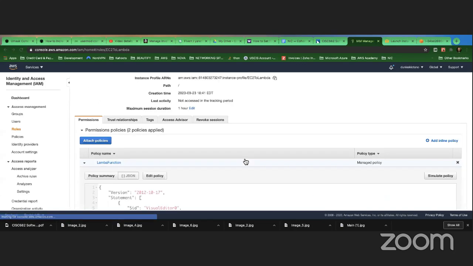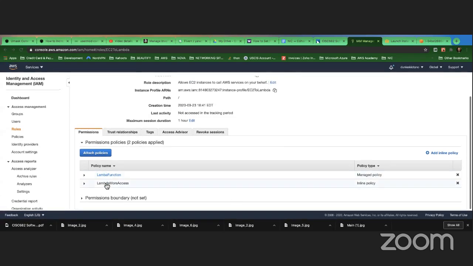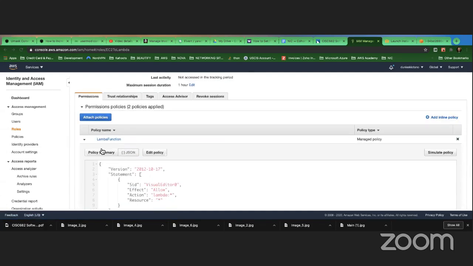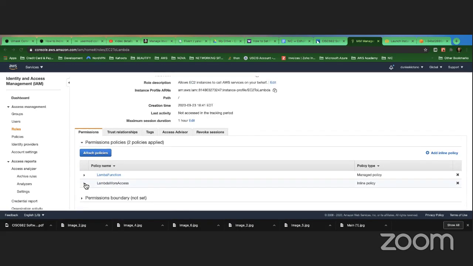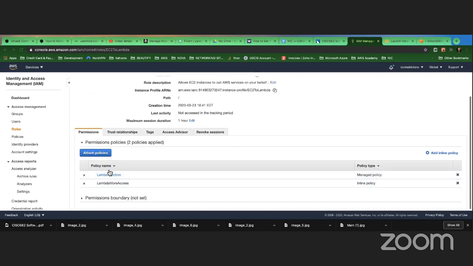And if I just hit this, I have two policies attached to this role. This one has full access to Lambda, which makes this one useless. But I just wanted to show you how you can add an inline policy that only applies to the service that uses this particular role.